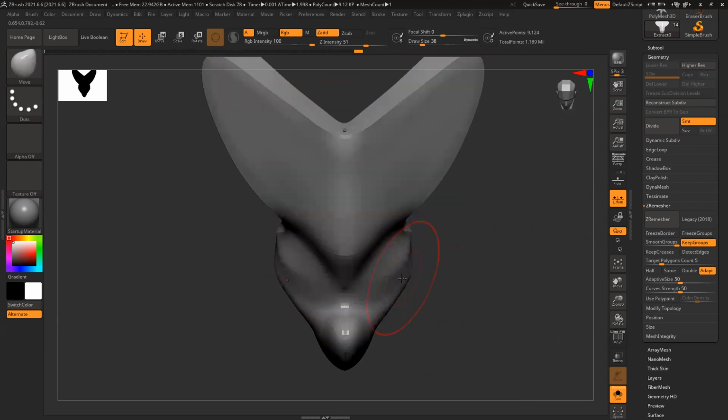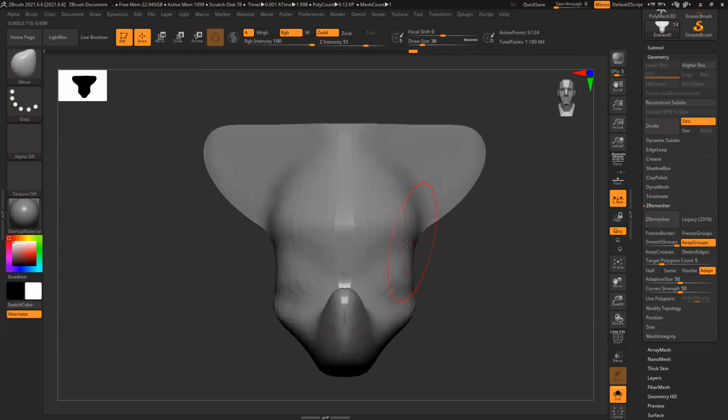Match the volume. So you can see I'm keeping it really low. I'm not increasing the poly count. So initially, do not increase the poly count unless you really need it. So keep it as low as possible.